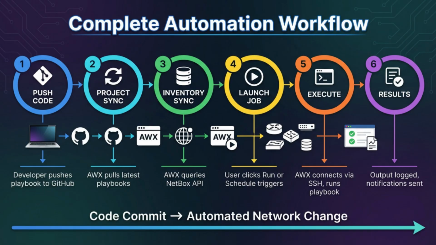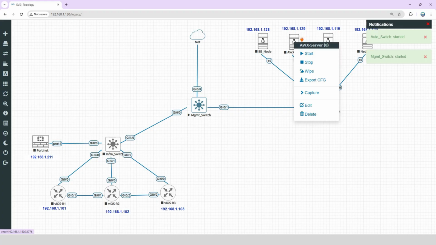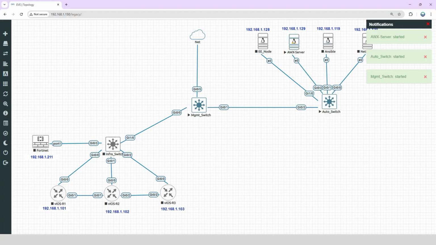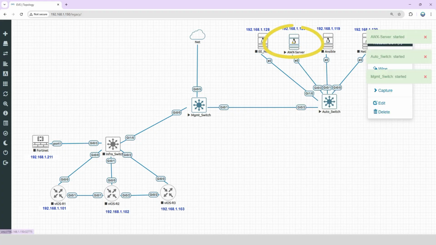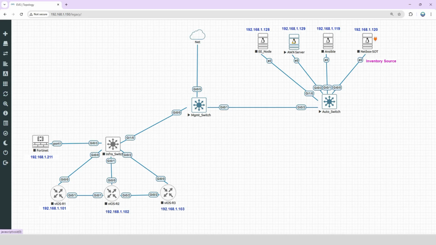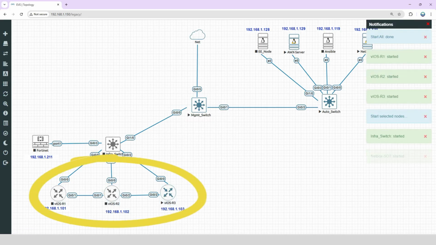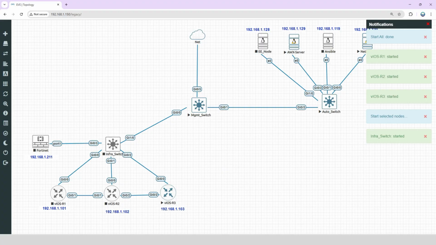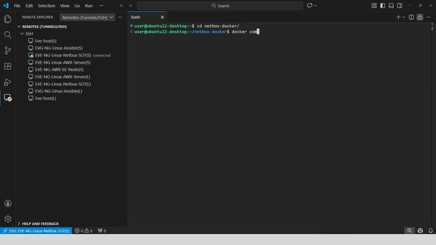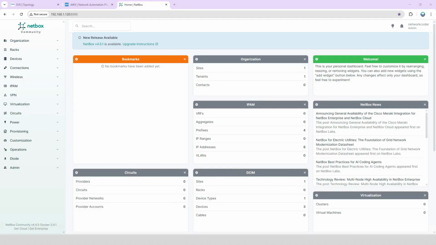Alright, that covers all our core concepts. Let's jump into the lab setup. So for this demo as well as the next two videos, here is what we've got running. AWS on K3s loaded with the execution environment. We set that up in our previous video. Then we've got Netbox running with all our lab devices already documented through auto discovery. Then we have a couple of IOS XE routers as our automation targets. So that's pretty much what we need for this demo. And we'll start the Netbox services using Docker Compose. We'll also make sure AWS is up and accessible. Alright, let's start our demo.